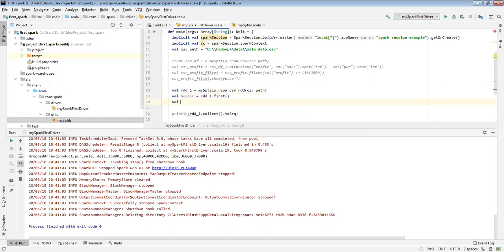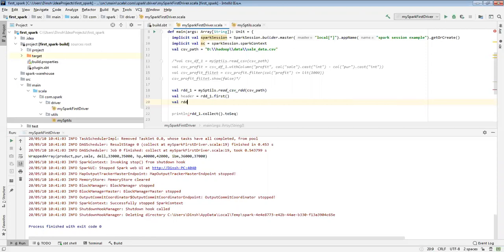I am trying to identify the profit, which will be sales minus purchase. Now my header is also one of the array, so it would also be subtracted. At that time I need to remove the header and then append it. Just let me try to remove the header.